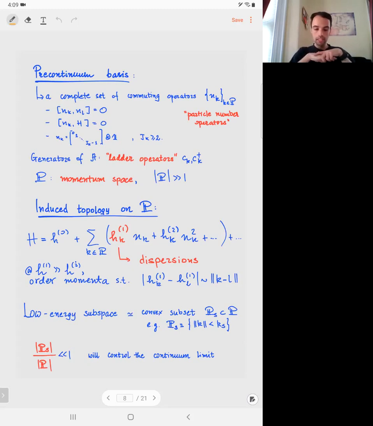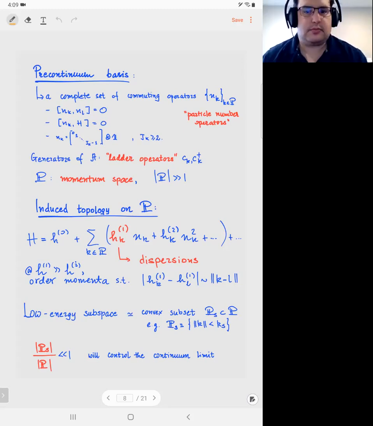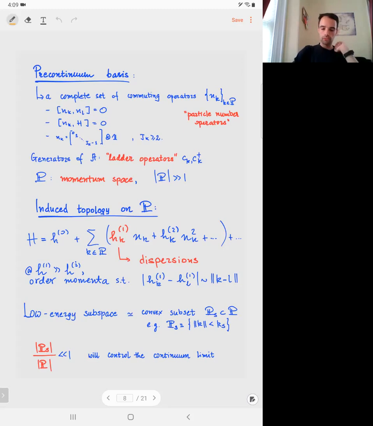explain what this means. The first condition that my starting algebra on the lattice needs to satisfy is that it has this thing called the pre-continuum basis. This is a kind of generalization of a Fock space. So basically, I want there to exist a complete set of commuting operators n_k, where k is some label, and the set of all labels k is what I will call the momentum space. At this point, it's just some set of labels. They don't have any useful values or anything. And these operators n_k, I will call particle numbers, and essentially they're operators that are all symmetries of the Hamiltonian, and they all commute with each other and are normalized in such a way that they take integer eigenvalues, as you see here. So